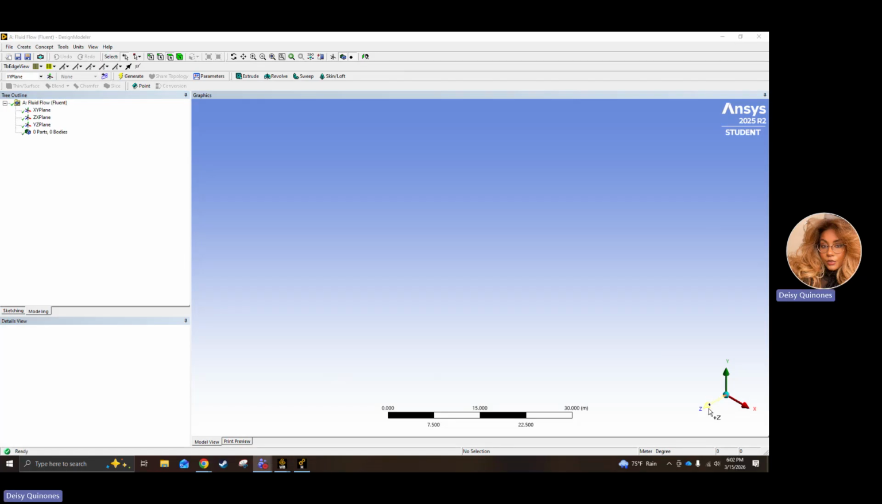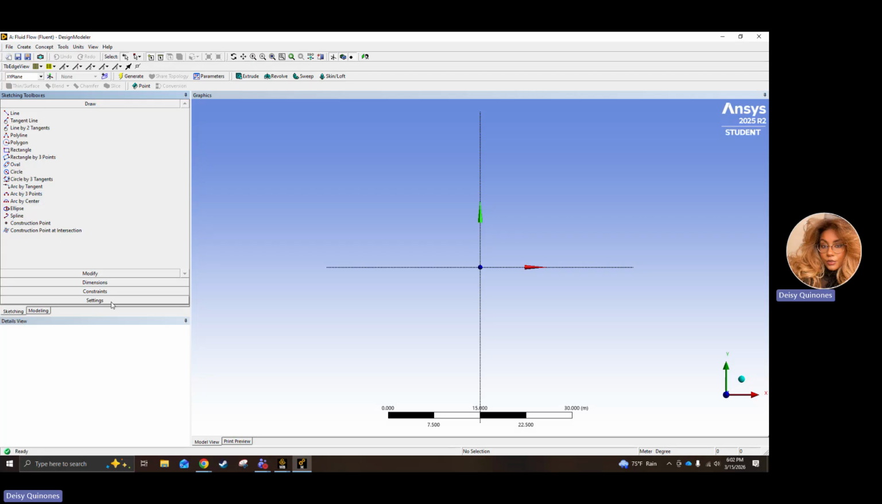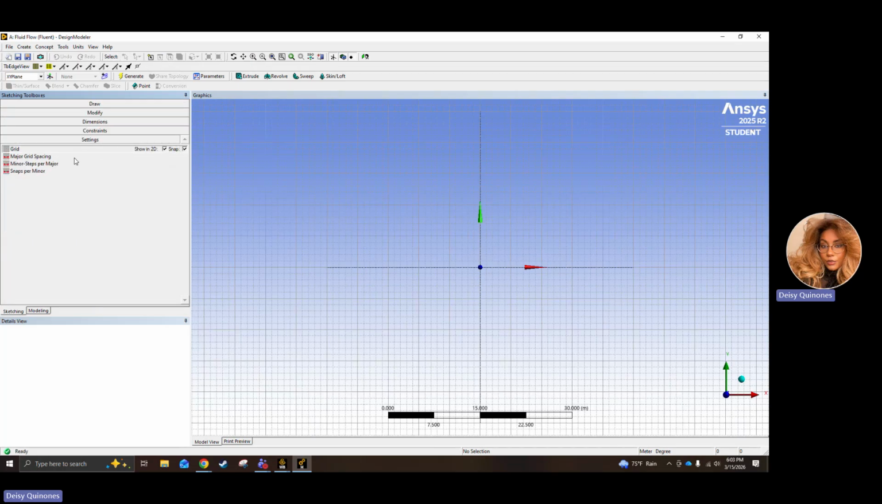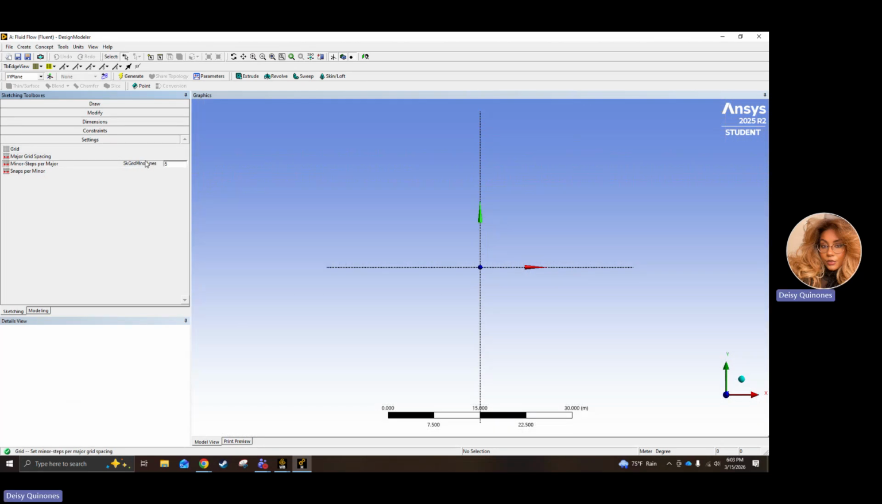So once you're in here, I clicked on Z to make a 2D, and then I go to sketch. I go to settings, make it easier to view. So it's going to be 1 meter. I'm going to choose these parameters. I'm just going to put 1